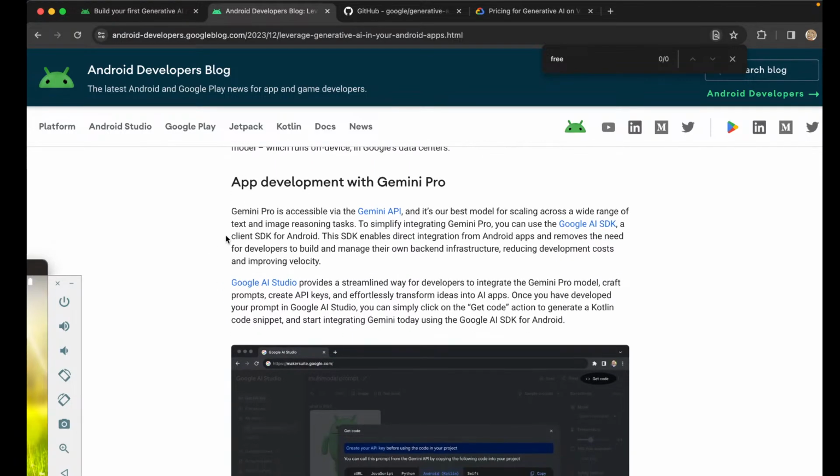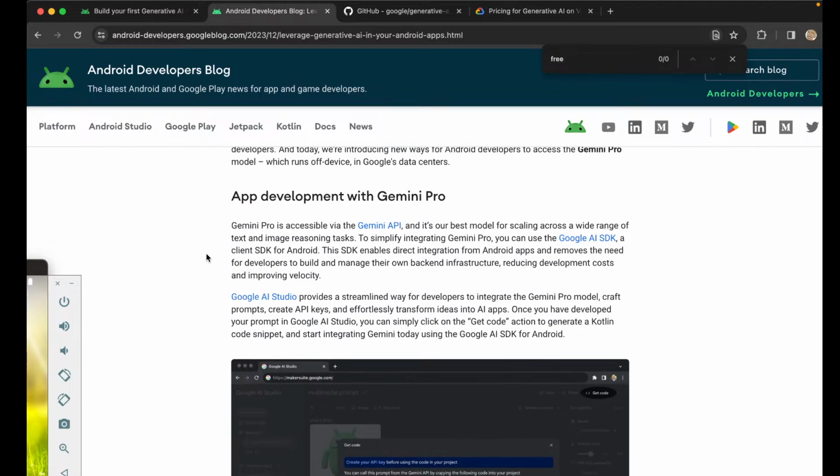So, with these instructions, it's basically saying that what we need to do is set up our API key. And so I already did that, but I'm going to go ahead and